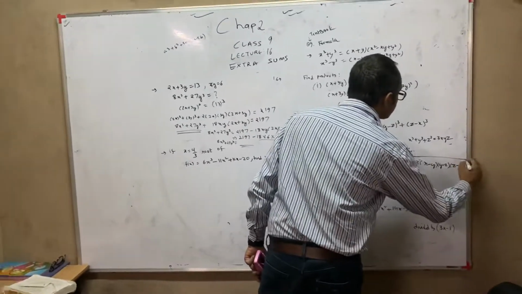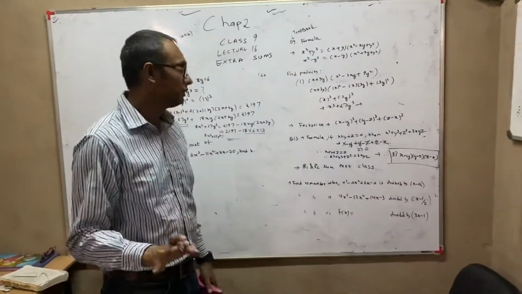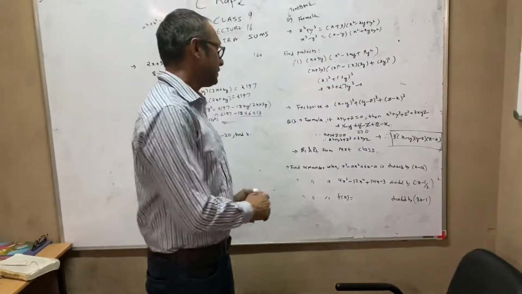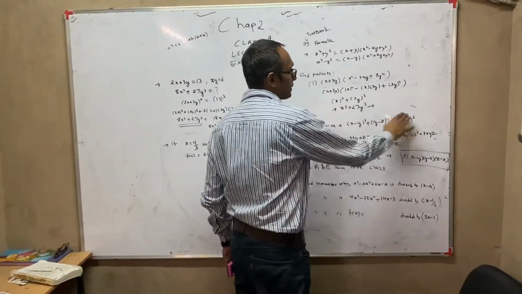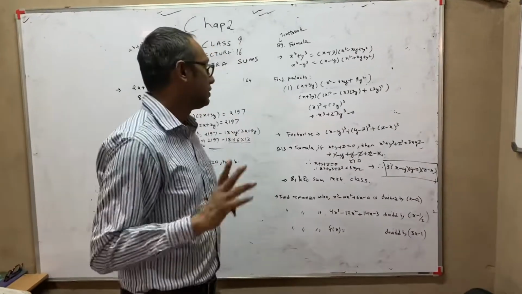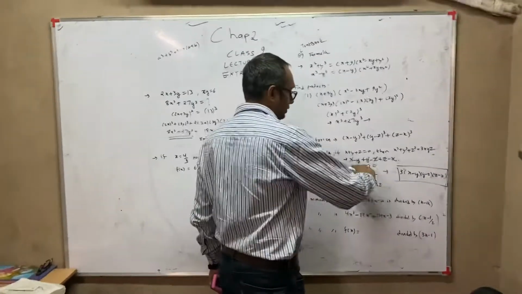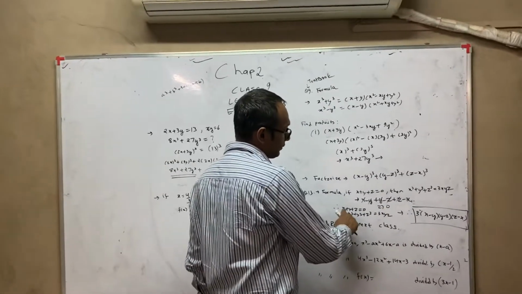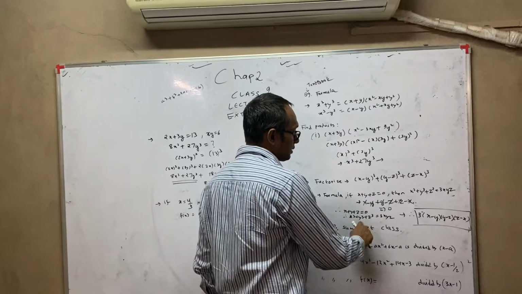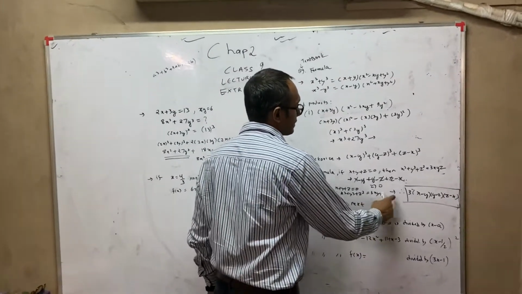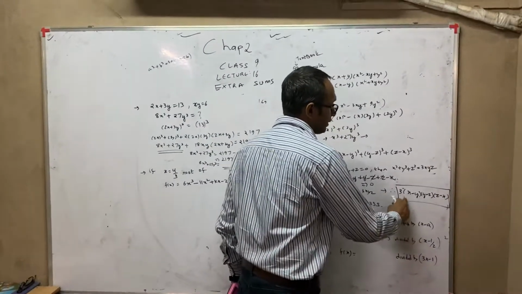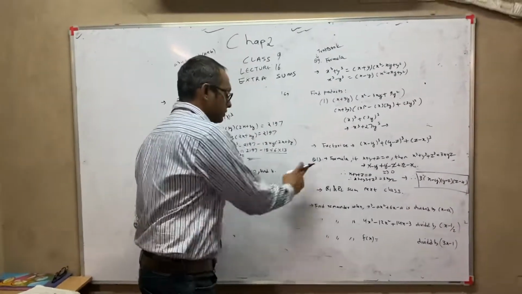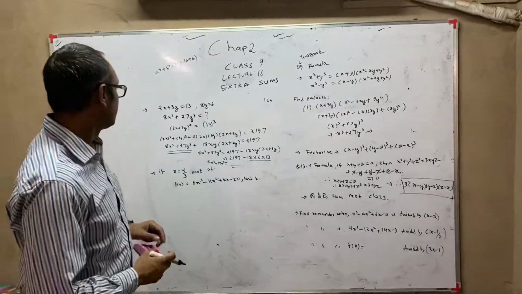Here the sum is finished now. Nothing else has to be done. Again I am repeating, whenever this kind of sum comes and you realize that 3 terms are there of which cube is asked, you don't have to do the cubing at all. First step, you just add them and see if you are getting 0. If you are getting 0, then by this formula, this cube plus this cube plus this cube is equal to 3xyz, and then you just write it one by one, 3 into this into this into this. Okay, so this was question number 13.